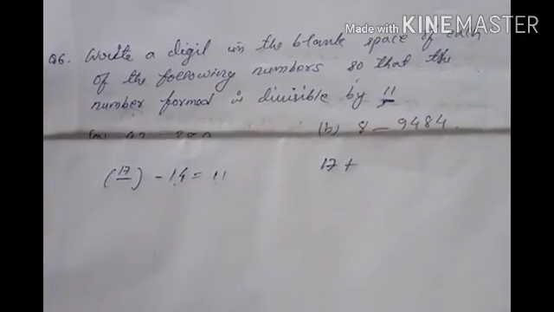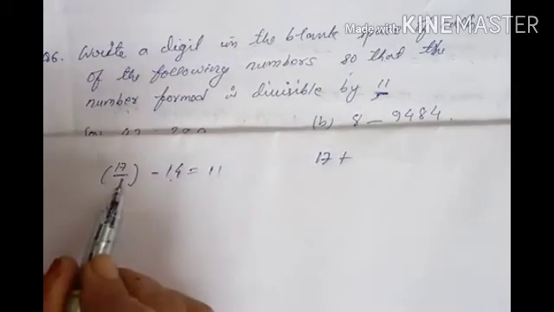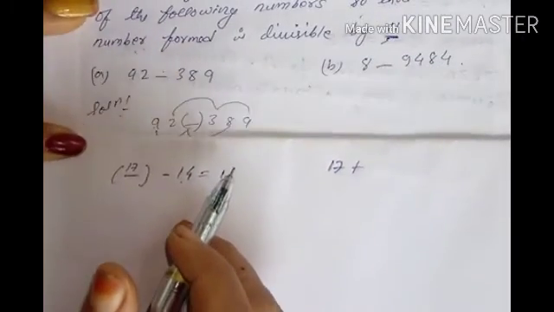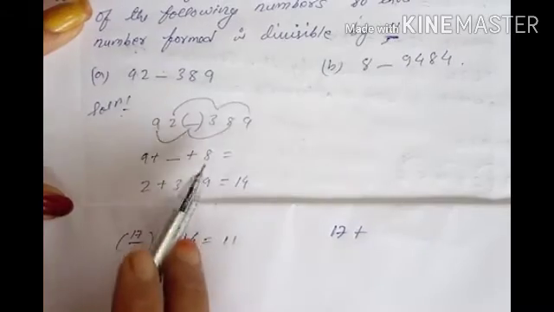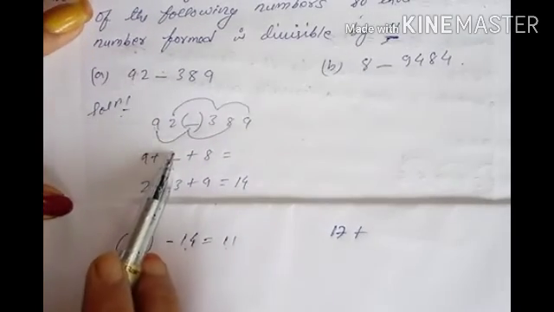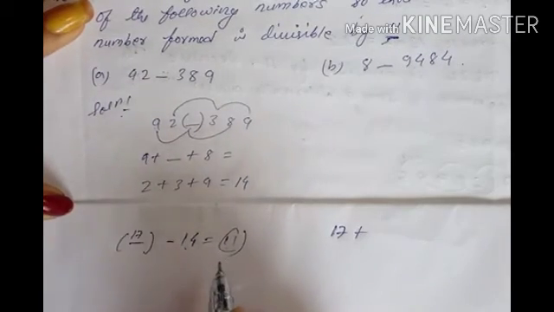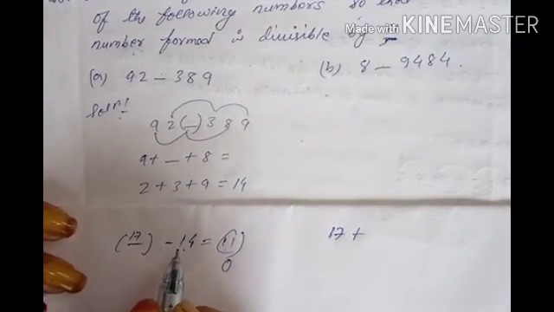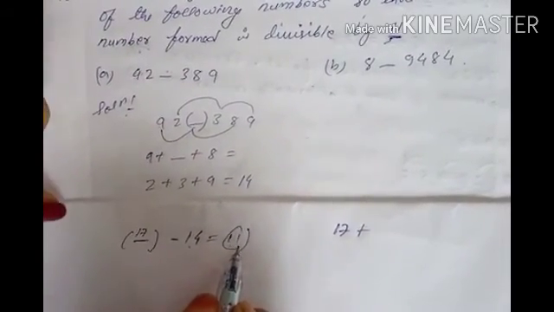Sorry, I will explain here. The sum of the other digits, we got how much? 14, isn't it? When we add these numbers, we got 14. And if we add 9 and 8, how much are we getting? 17. Now if you write 0 here, suppose I am writing 0, then 17 minus 14, how much do you get? You will not get 11, or you will not get 0, isn't it? So what number will you write, which will give a difference that makes the number divisible by 11?